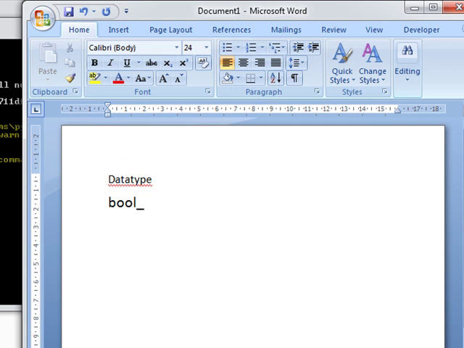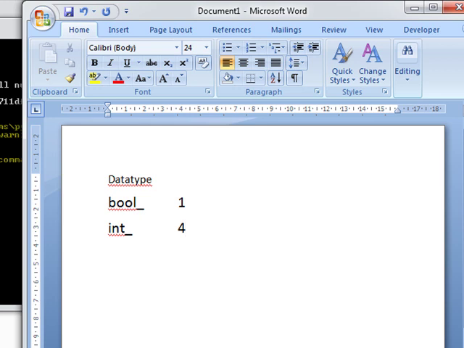This is called the Boolean data type, that stores true and false, and its size is 1 byte. Similarly, there is another data type, int underscore, whose size is 4 or 8 bytes. It may be 4 or it may be 8. I will tell you how.